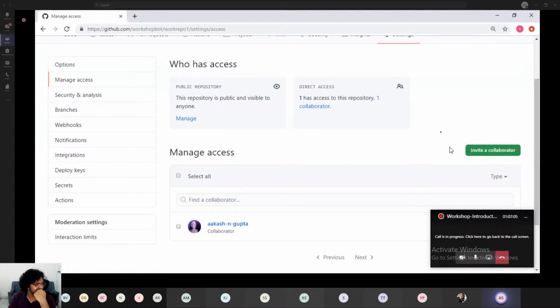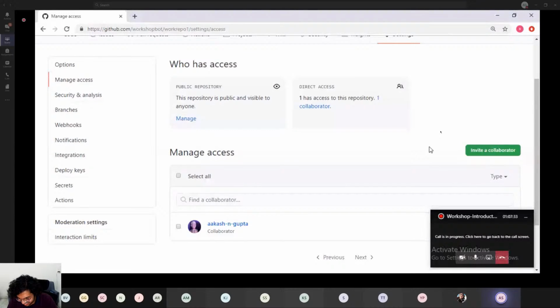Invite a collaborator. When you're working on a project in an organization and you want your colleagues or your friends to work on it together, and you don't want to create unnecessary pull requests. Let me give a brief description of a pull request. Basically, a pull request is when another person makes changes to your project and requests you to add those changes into your main project on your main profile.